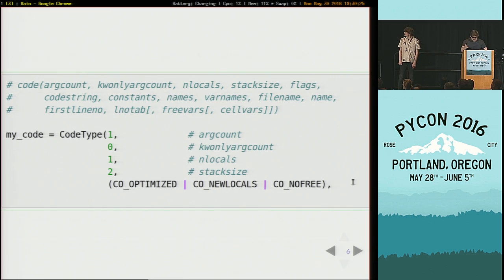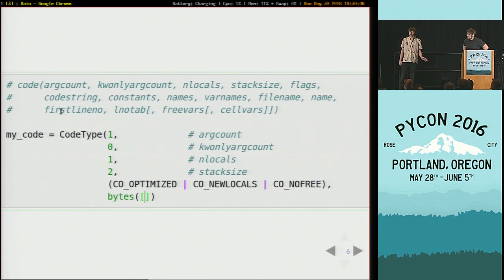Okay, so we've done arg count, kwonly arg count, n locals, stack size, flags. Next up is code string, and I don't see anything else about bytecode, so I'm guessing this is our main event. So we're going to want a bytes, and then probably it's easiest to just write these as integers. So we need the actual opcodes for our bytecode. So what do we need here? We will need